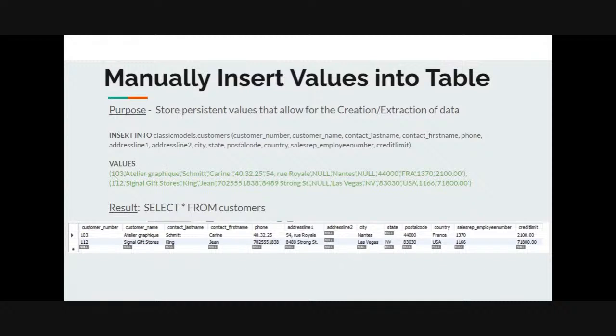So you have the first one, customer number, then customer name, then contact last name, contact first name, phone number, address line, and so forth. Whatever order you put these into an insert, you need